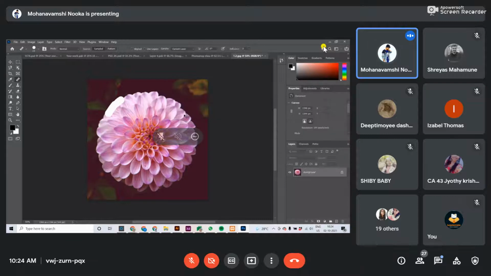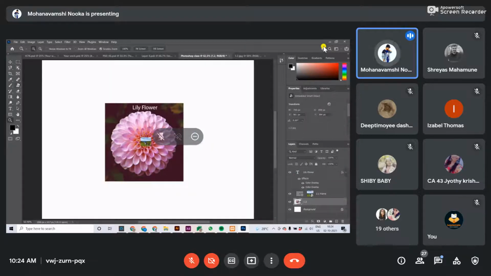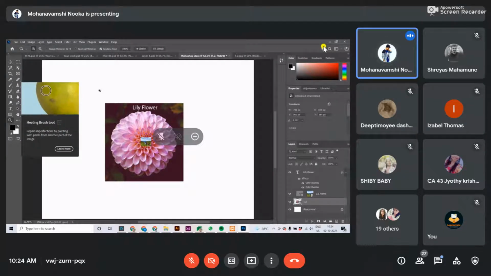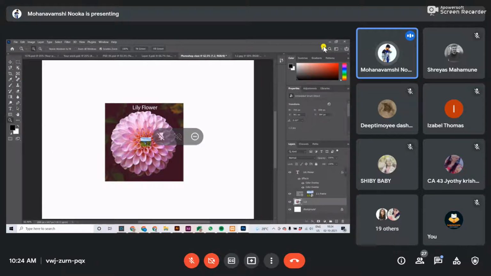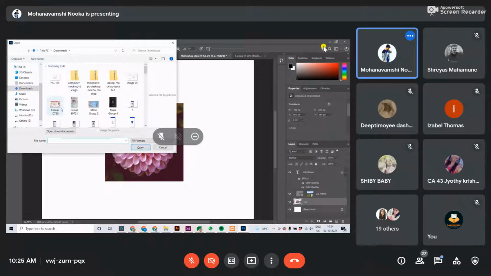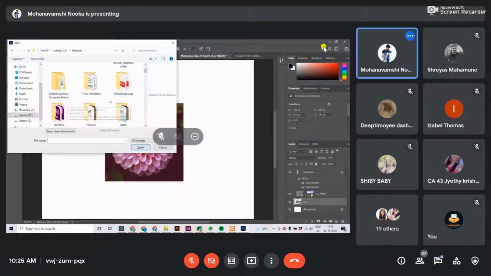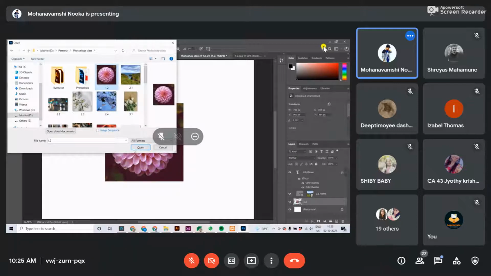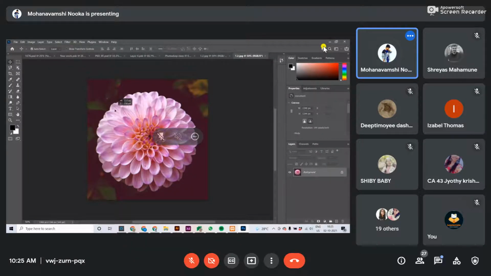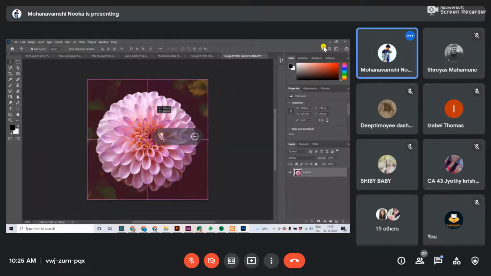Open another image. I will try this in another image, because it took the other part. Because I dragged and dropped that image, I didn't copy it, so I was unable to do this heal option here. And this is the color tool. Let me open another image.